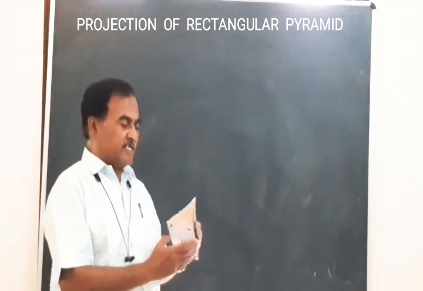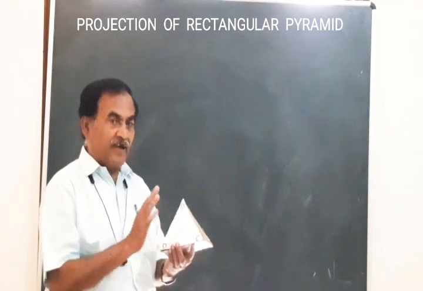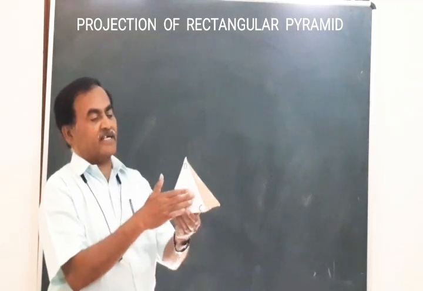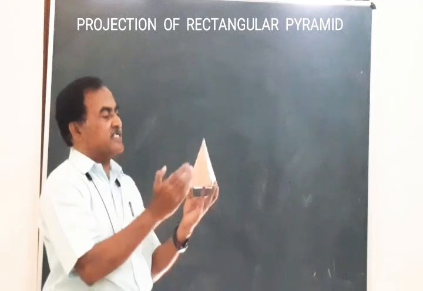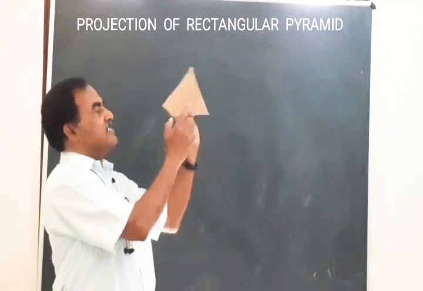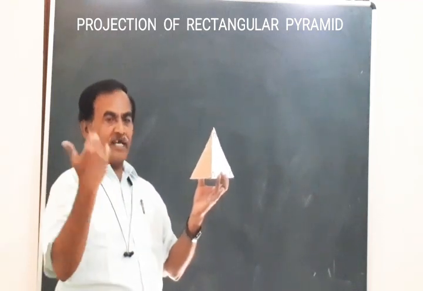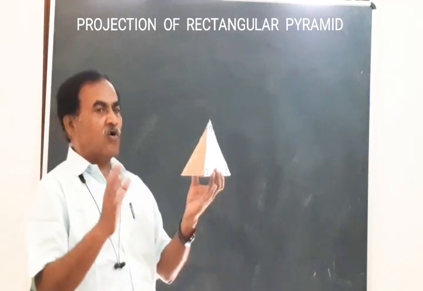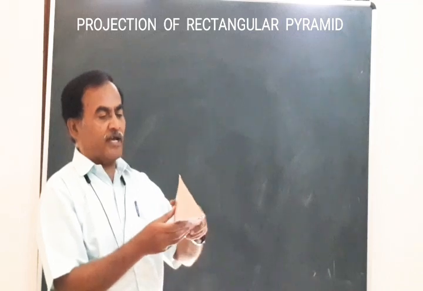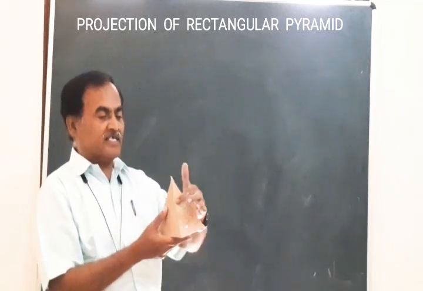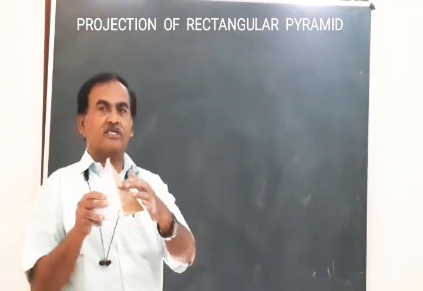Four slant edges are there, and on the lateral surface there are four triangles, wherein the opposite side triangles are isosceles and they will have the same size. Similarly, these two opposite ends will have the same dimension. They are also isosceles triangles. Compared to the square pyramid, we had all isosceles triangles having equal dimension, but in this pyramid, we are going to have the opposite sides having the same dimension. So this dimension will be the same as this. This will have a dimension same as this.